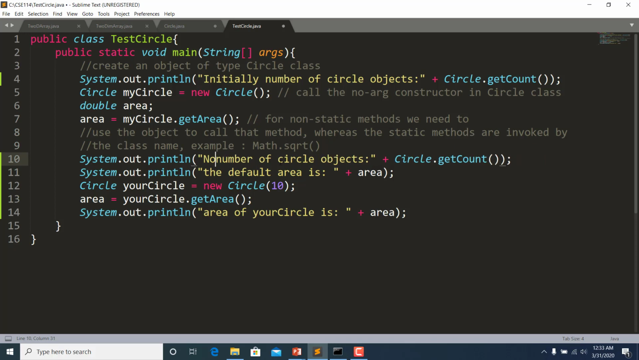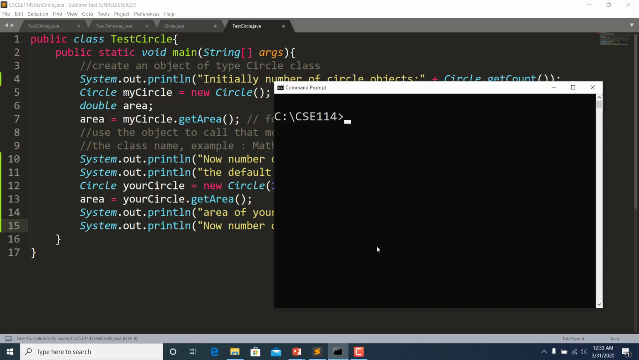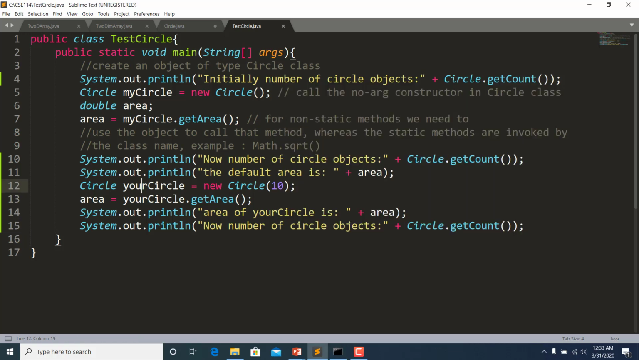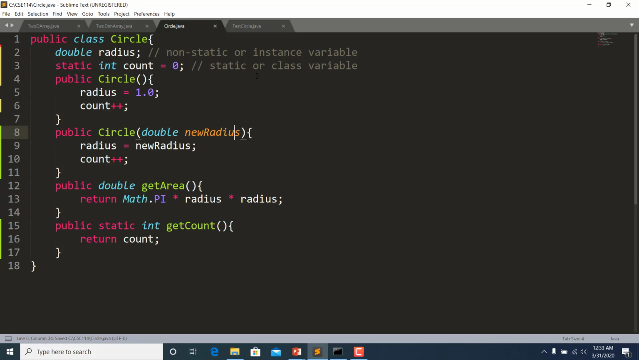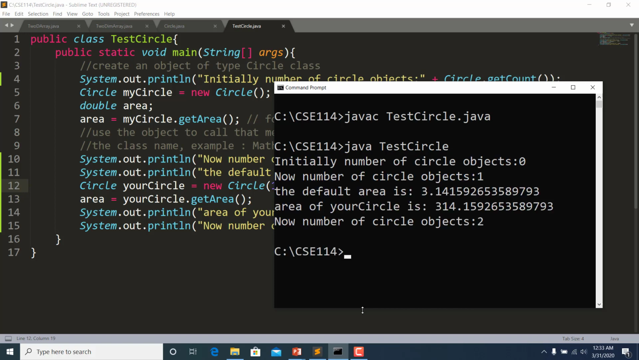Now, number of circle objects. Okay, and I will try to print this thing again towards the end. So did I save? I think I did. Let's save this again. Let's run that. So do you see what happened? Well, as expected,